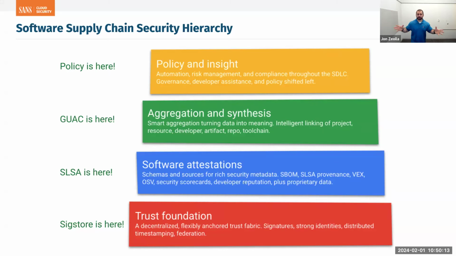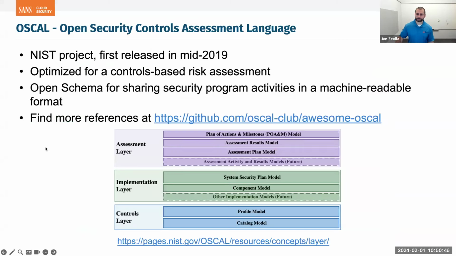We need to say what's allowed. We need to say that we need to check these things. We only trust attestations from Alpha-Omega, but not these other companies. You set that policy broadly, and then you implement that with policy as code tools. And maybe those turn into queries of the GUAC graph, or using SLSA provenance, Cosign signatures, etc. These other things are like the building blocks that allow you to roll up to corporate decisions, compliance decisions, security choices, trade-offs, risk management, right?